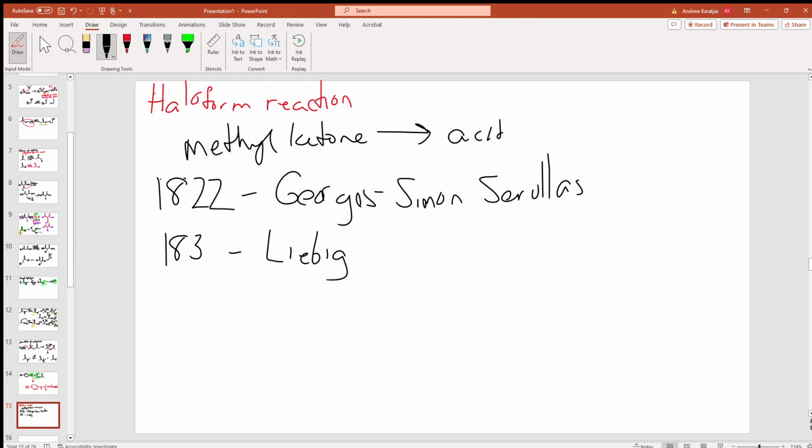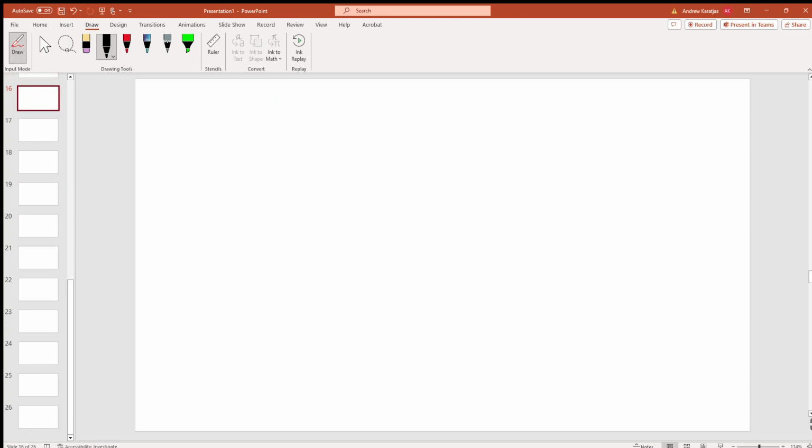Not much really was done with it at that point, and then we really see the use of this reaction start with Adolf Liebig in 1870. But again, this is a reaction that will allow us to take a methyl ketone specifically. If your ketone's more complicated than a methyl ketone, this reaction doesn't work. But if you take some sort of methyl ketone